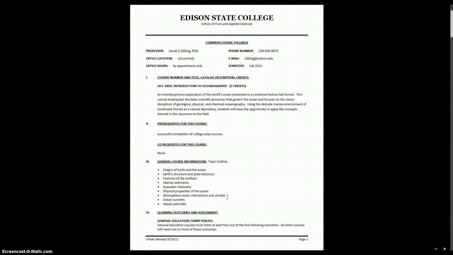But first page of the syllabus, you can see, again, my name, Dr. Sarah Dilling, the phone number to contact me. This phone number is my personal cell phone number, so please use discretion. If you are calling me, please only do so in an urgent situation. I prefer that you text message me if you're going to use my phone number, or email me at